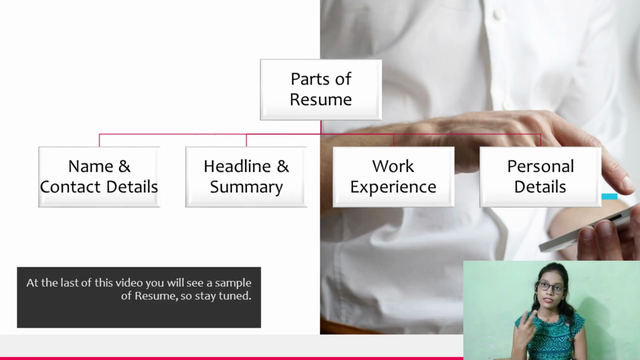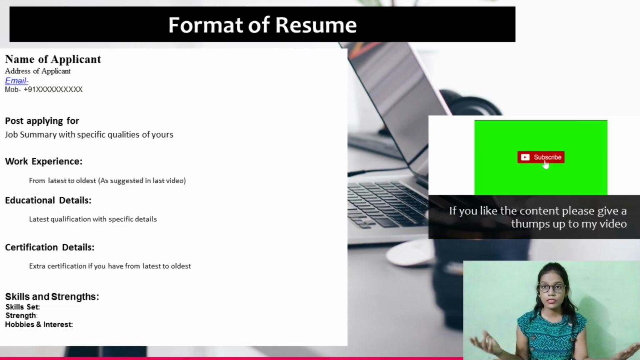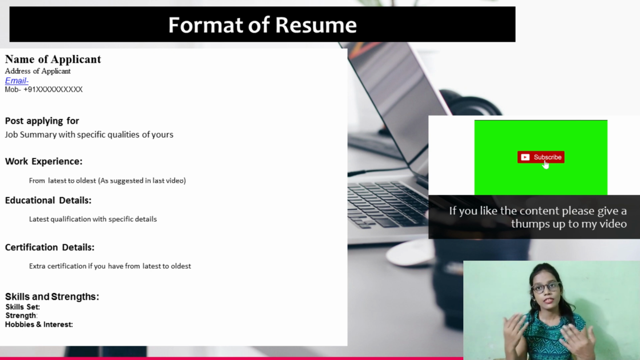Let's move towards the second part, which is headline and summary. Headline means the job for which you are applying. For example, if you are applying for HR manager, your headline should be HR manager, and below HR manager you are going to list your qualities, your experience related to the job profile. For example, if you have done MBA and you are applying for becoming HR manager,